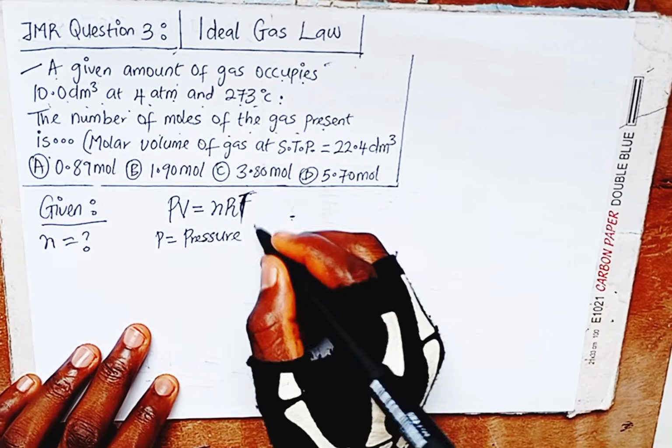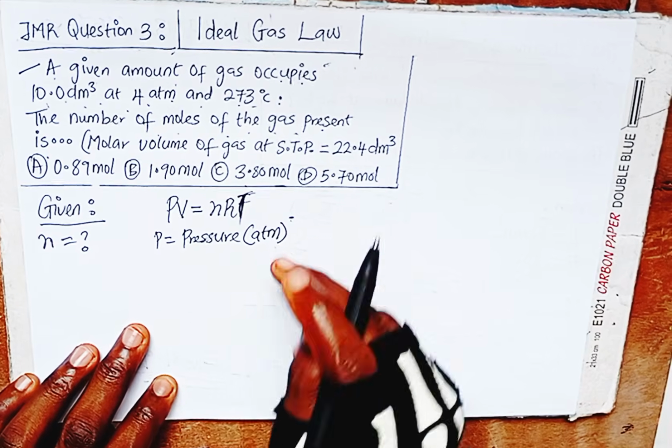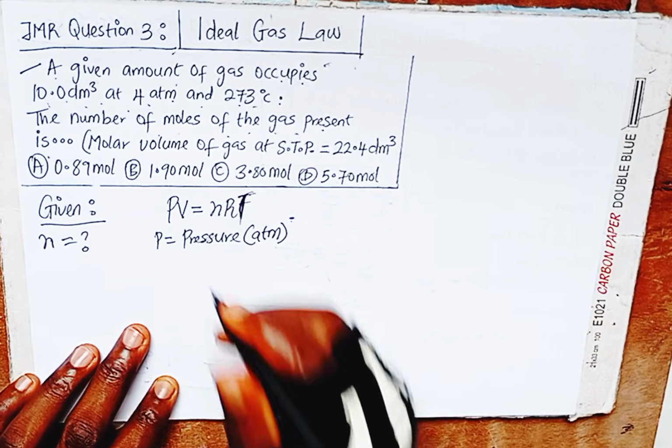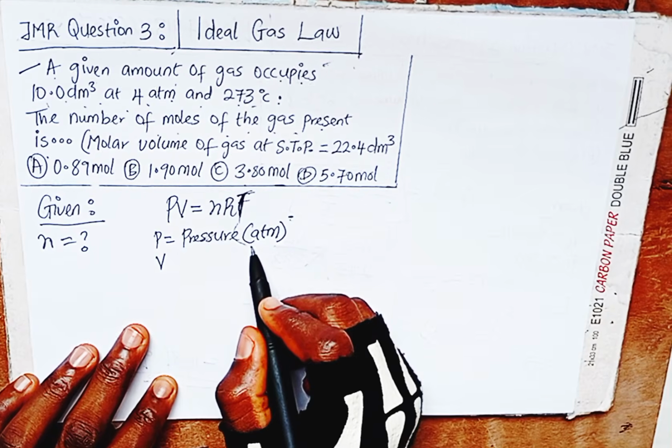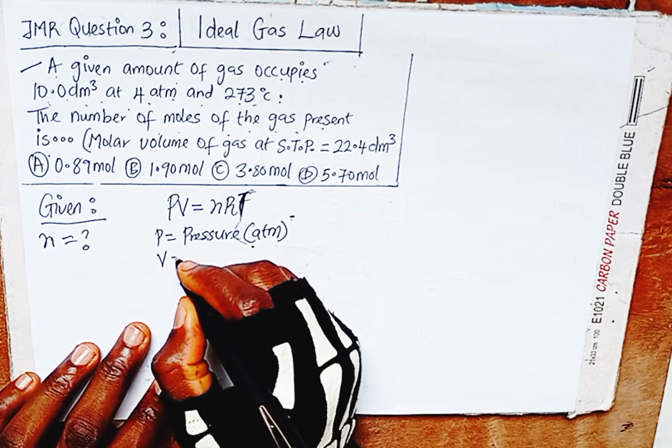Okay, in atmosphere, it must be in atmosphere. If it's not in atmosphere, convert it to atmosphere. P, when you are using the ideal gas to solve, if it's not in atmosphere, make sure you convert it to atmosphere before you solve. Okay, where V is equal to volume,